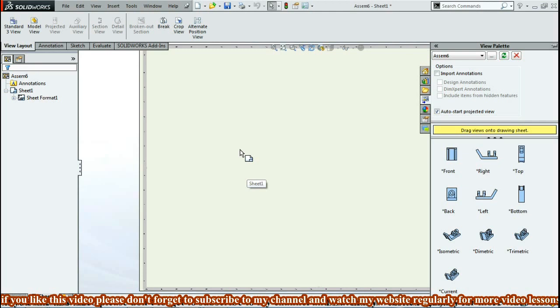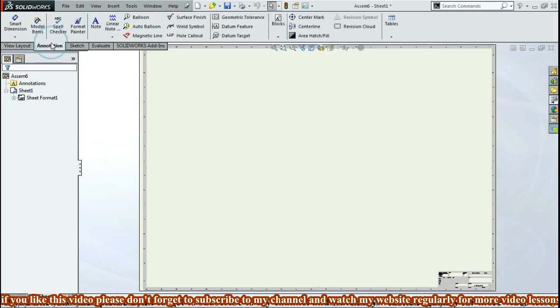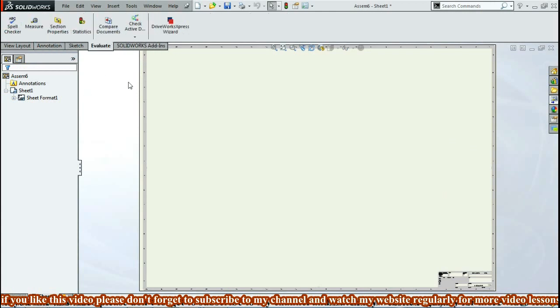Although the screen looks the same, we have a drawing sheet here. We still have a FeatureManager design tree along with the CommandManager and some different ribbons. So that gives you a good idea of the SolidWorks 2015 user interface. Now let's move on to the next lesson.